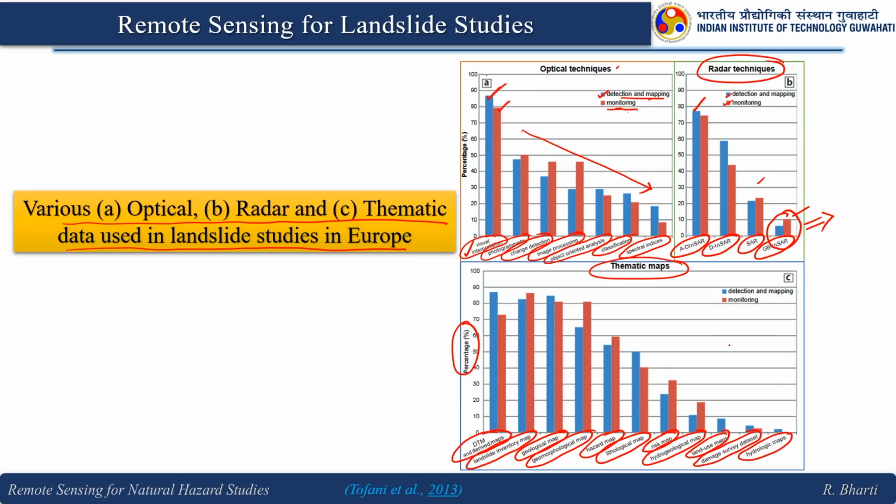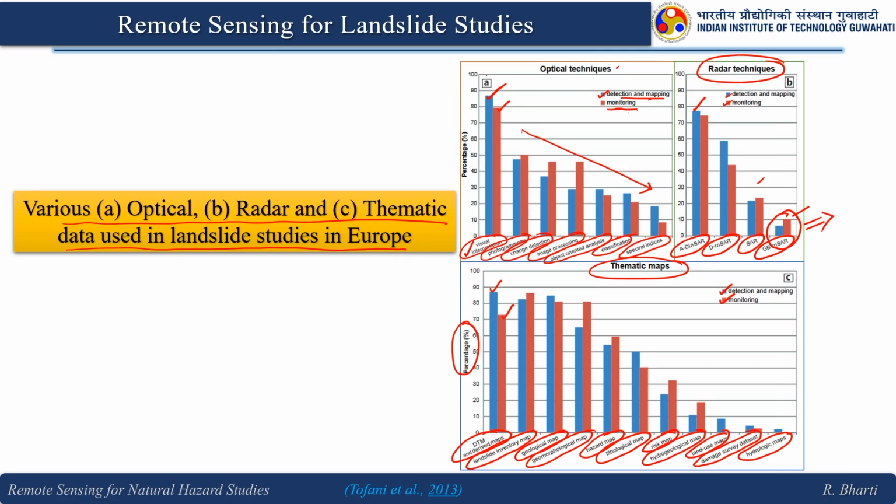How remote sensing is used in different landslide studies, and here the detection and monitoring, they are having this blue and red color. So, this will provide you concise information about the remote sensing data sets used in landslide studies,